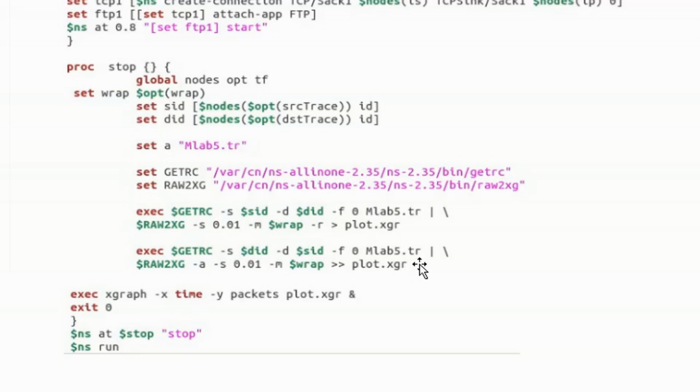Next, I have all the data, packets as well as time, in the plot.xgr file. So now my job is easy. I just go to execute xgraph. I'll be using the xgraph function. X axis is time, y axis is packets, and then plot.xgr. Whatever .xgr file I have, I'll just give that as the input, and that's it. I'll exit from the stop procedure. Clear? So this is the one actually printing